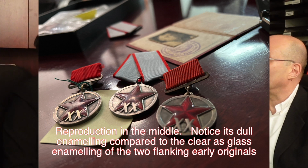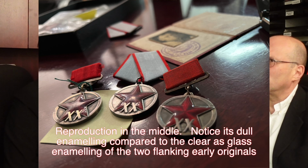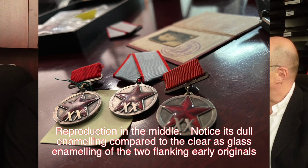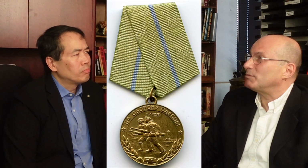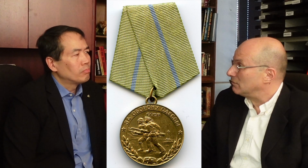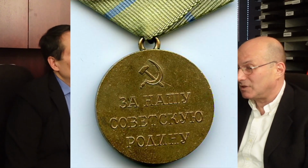How many survived? Who knows? We don't know. After World War II and every calamity that you can imagine, how many survived in original form? How many survived without being heavily damaged? Not that many. To give you a comparison, it's 30,000 or thereabouts of the medal for the defense of Odessa, which is considered the most scarce of Soviet campaign medals. And here we have 38,000, seemingly more, but in fact